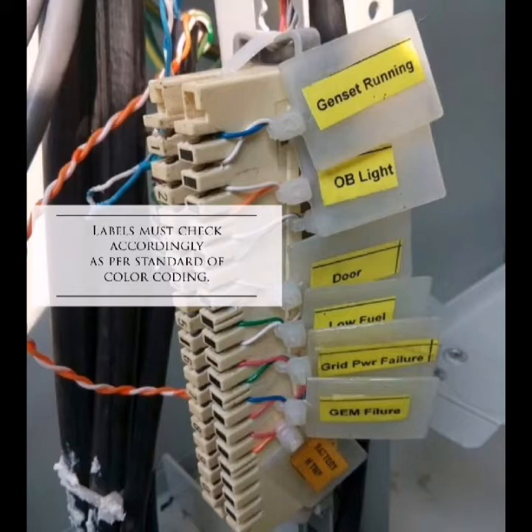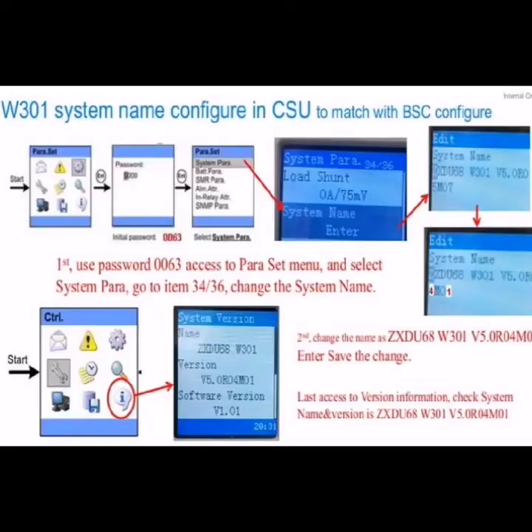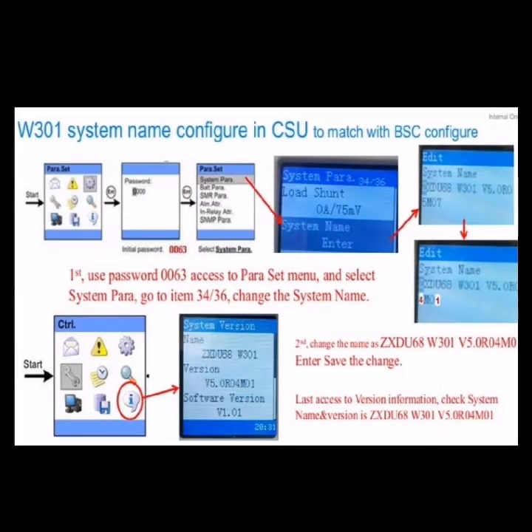or door alarm. And the next one is the centralized supervision unit, and this centralized supervision unit is for configuration of alarms, and this one is for the login procedure to match with BSC configuration, and the login procedure is shared, and you can save the settings and configure the CSU as per instructions of your BSC.